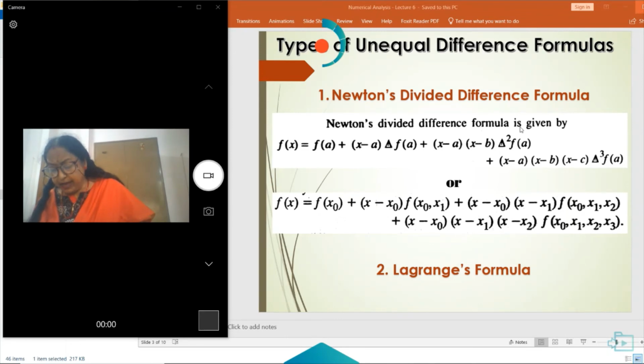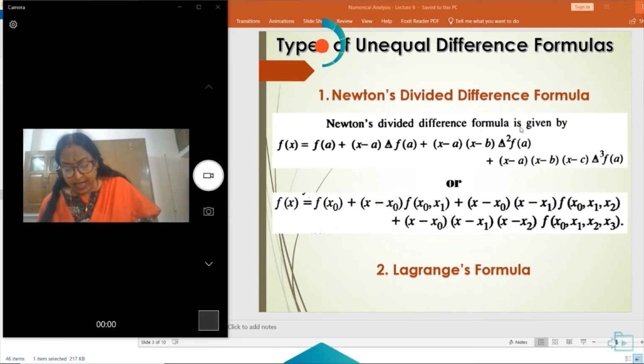Now, here the x's are taken as a, b, c, d, and the corresponding y values are f(a), f(b), f(c), and f(d). And here f(a) is 0 and delta f(a) is 1 and delta square f(a) is again